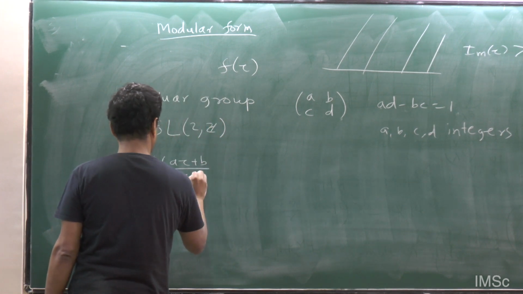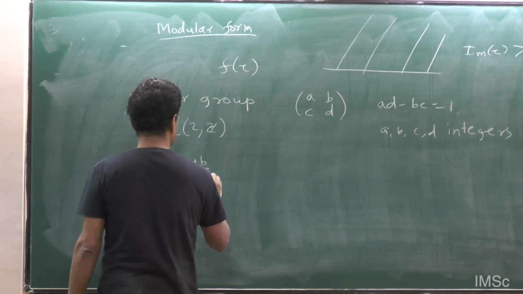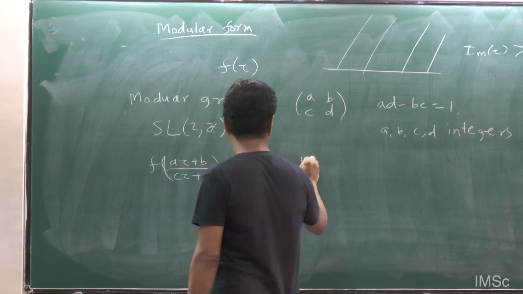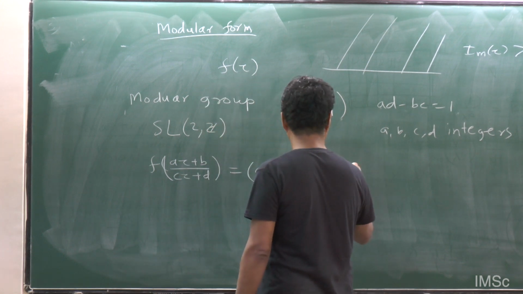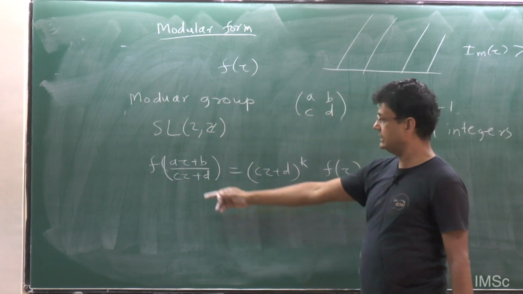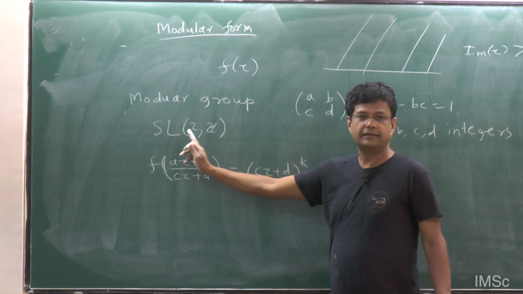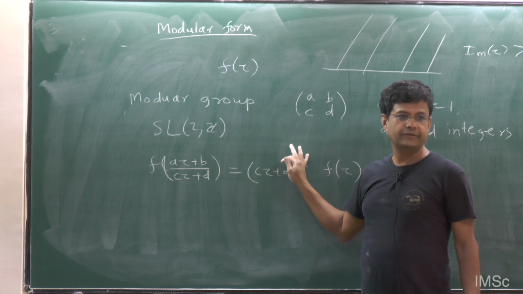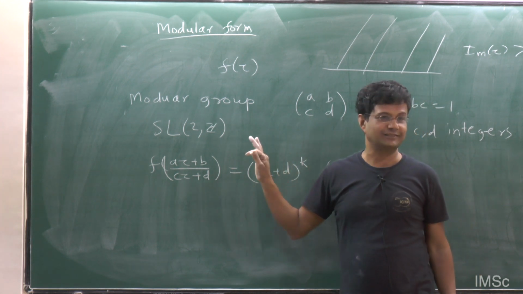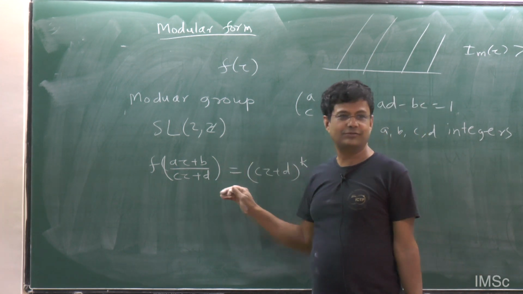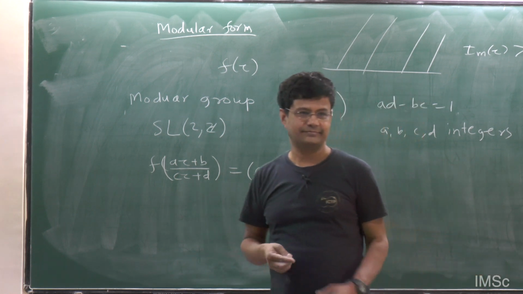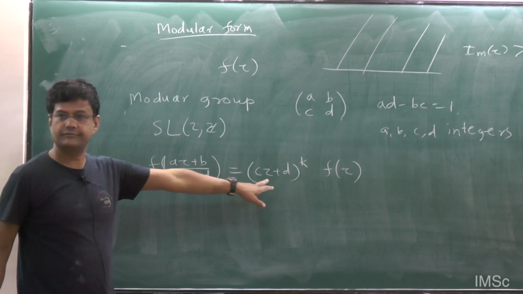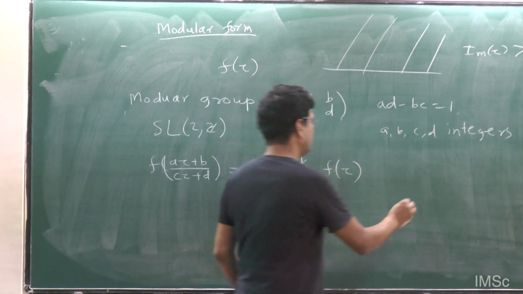And it has this very beautiful property. It's symmetric in this sense: after an SL(2,Z) transformation, the function essentially comes back to itself. If k was 0, it would be a modular function. Since k is not 0, it's called a modular form. So it's almost coming back to itself up to some overall factor which depends on k, and k is called the weight of the modular form.